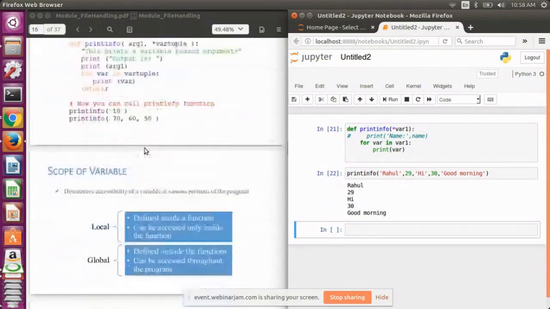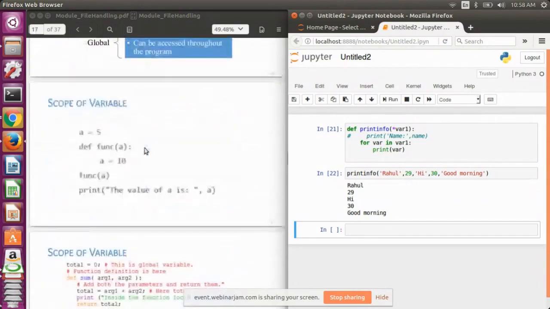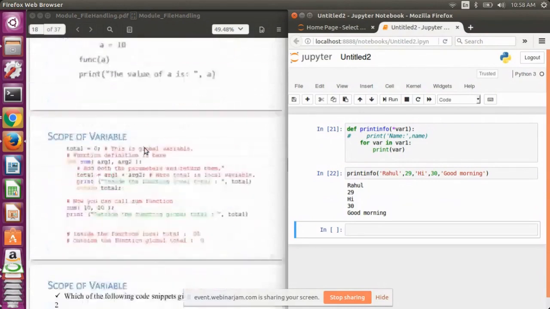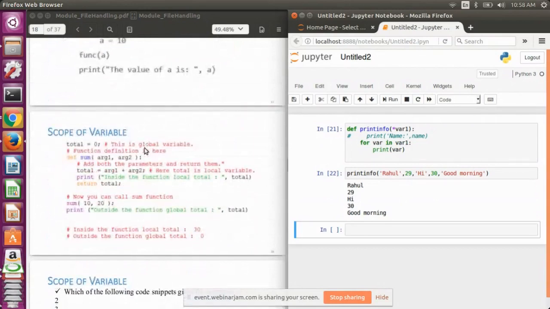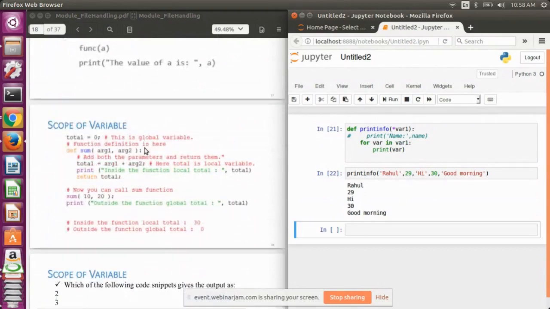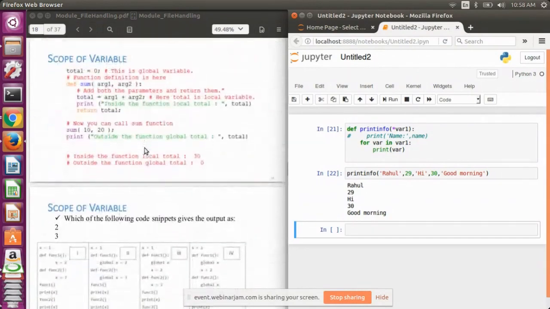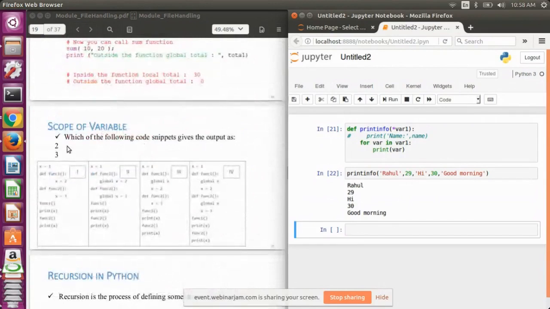So the next thing, scope of a variable, I have already talked about while explaining the call by reference concept. Here's an example which says that there are four codes. Which of these four codes will print the output as 2 and 3?